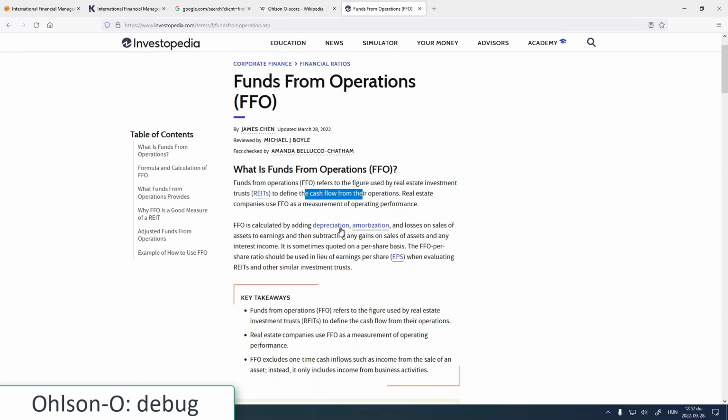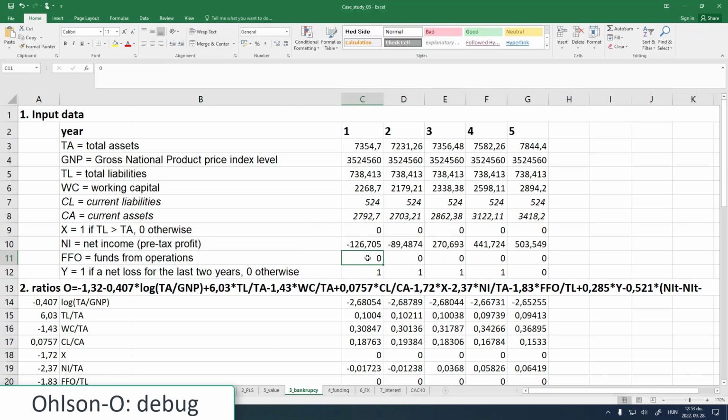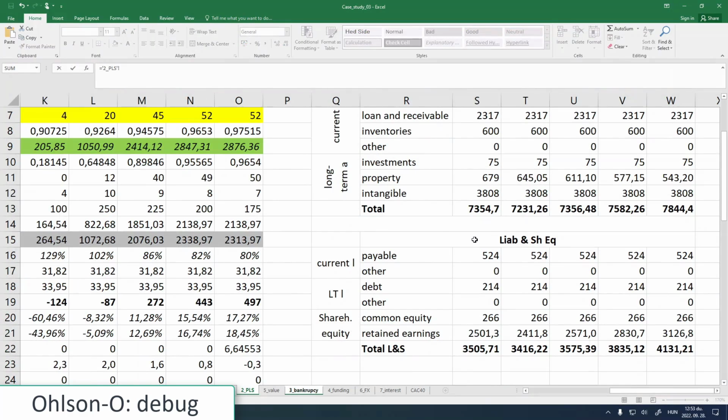cash flow from operations, just adding depreciation, amortization and losses on sales of assets on earnings, subtracting any gains on sales of assets. So we are taking EBIT and we are adding back depreciation, and we have some kind of funds from operations here, and at least we can emulate